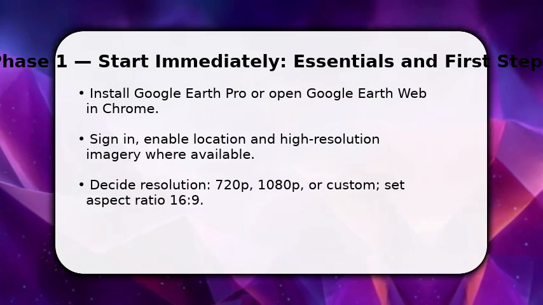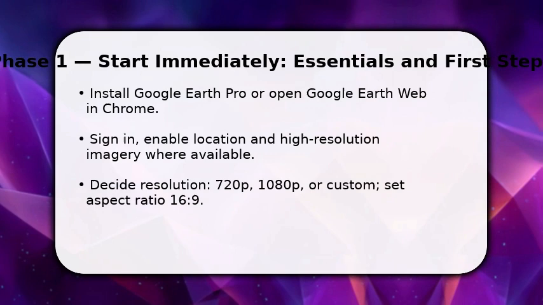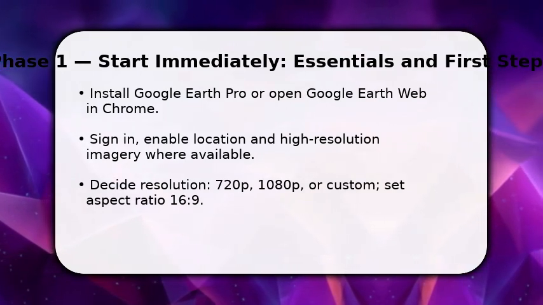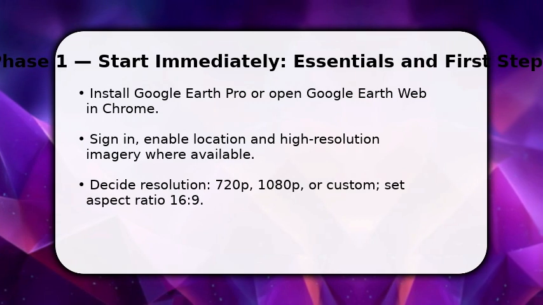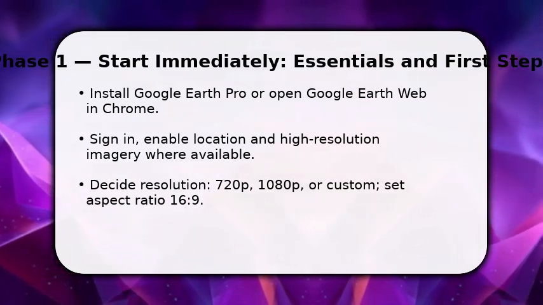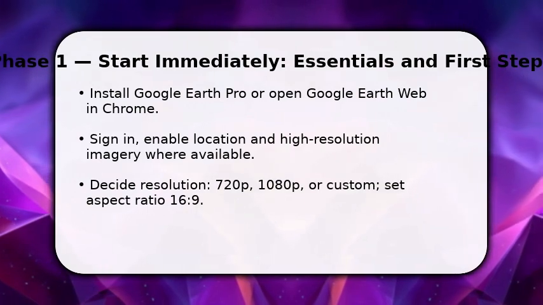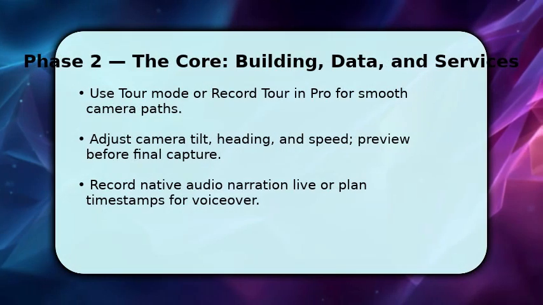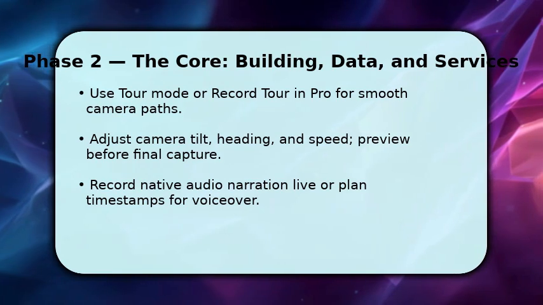Make sure imagery is high resolution for the area you'll record, and toggle borders or labels off if you want a clean view. Now place your camera at the first location and set any pins, because you're ready to begin the first recording pass. Begin recording using tour mode in Google Earth Pro, or use screen capture on the web